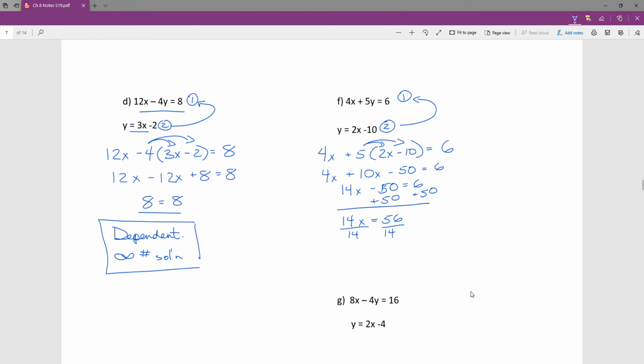When I get down to it here, I find that x equals 4. So that means that this is going to be a consistent system. I'm only halfway there. I need to now track down my other variable. So I'm going to sub into equation 2